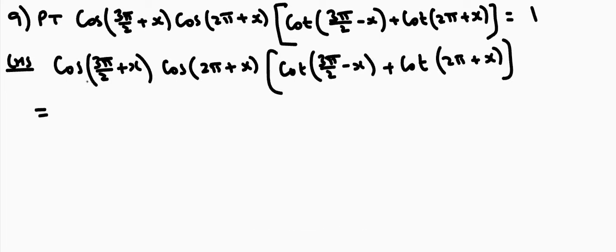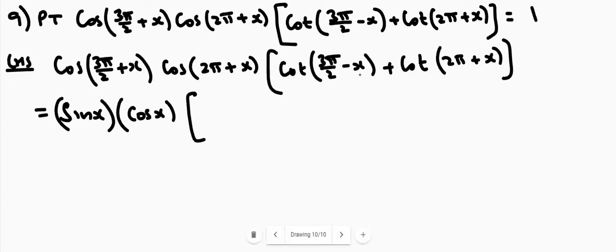Here we can write cos(270 + x): 270 + x lies in the fourth quadrant, ASTC, cos and secant positive, cos is positive, cos becomes sin. We can write sin x into cos(360 + θ). Cos(360 + θ) is cos θ, that is cos x, into cot(270 − θ). 270 − θ third quadrant, ASTC, tan and cot are positive, then it will become tan x, plus here it is cot x,